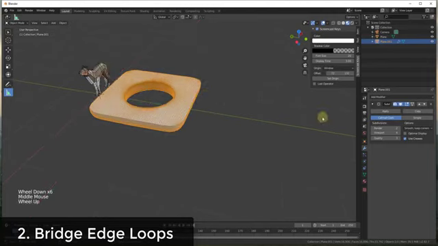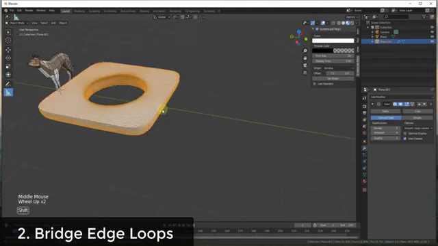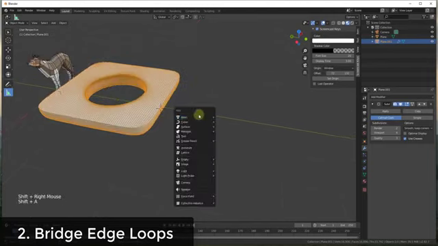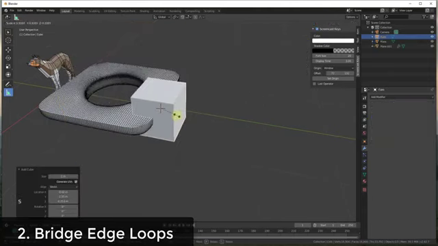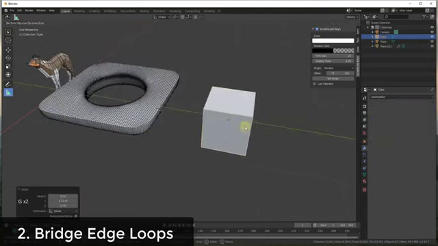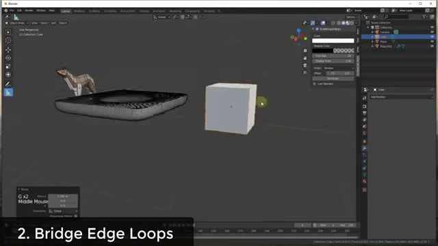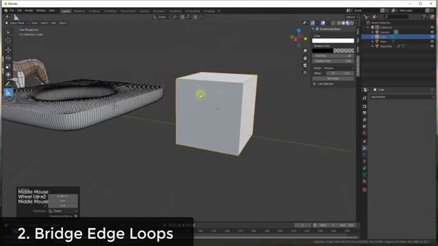So in addition to this, if I was to add a cube, I'm going to scale it down a little bit and move it over right here. Another trick you can use is what's known as the bridge edge loops function. The bridge edge loops function will take edges and basically create edges between the vertices on those